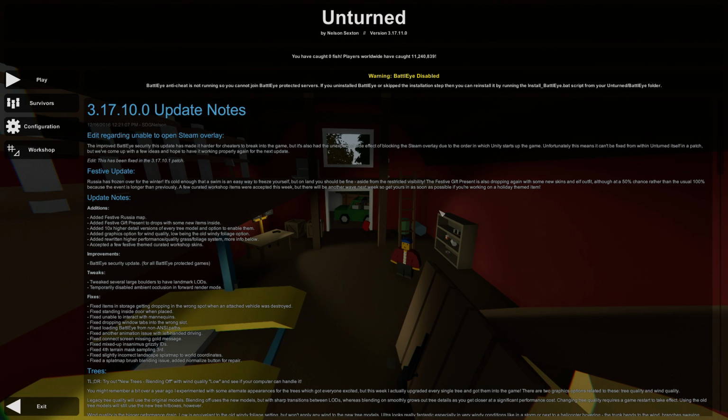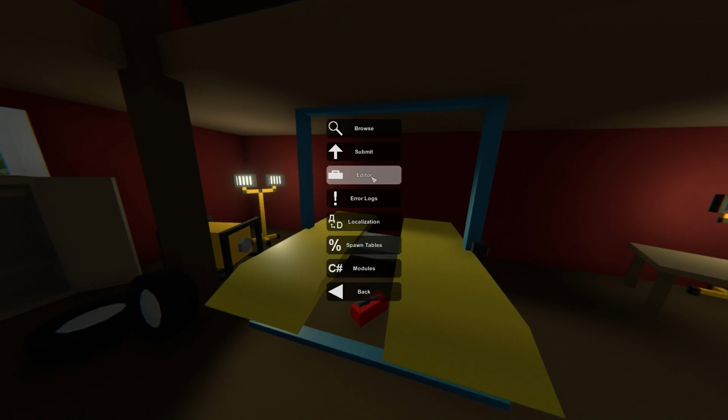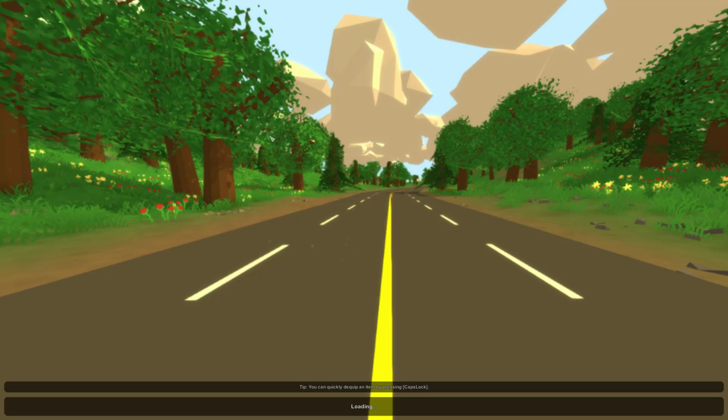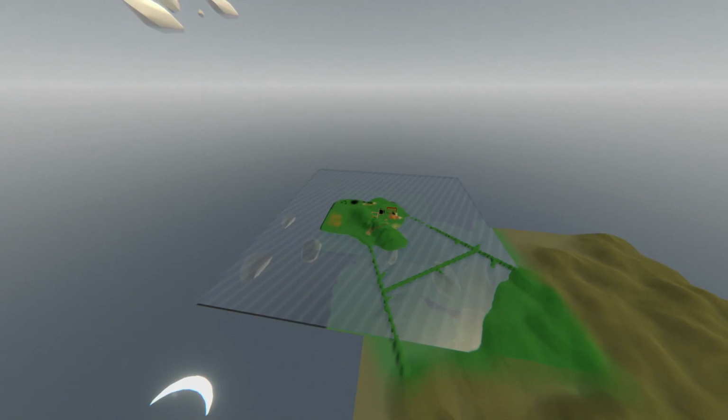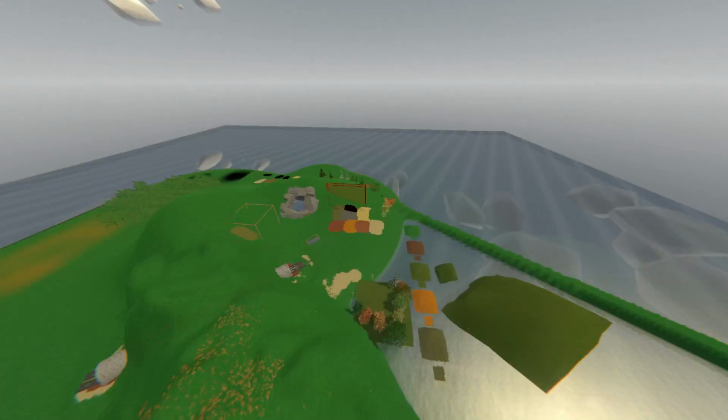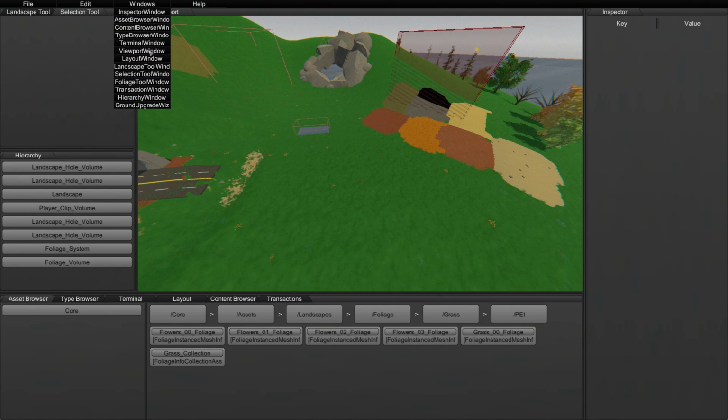Hello. Today we're going to be taking a very brief look at the new foliage features which were added in 3.17.11. To start up, we're just going to load dev test 4 in the dev kit. I'm not going to cover any of the basics of the dev kit because we did that in the last video. But once you're inside, there's this new window which you can open from the window list called the Foliage